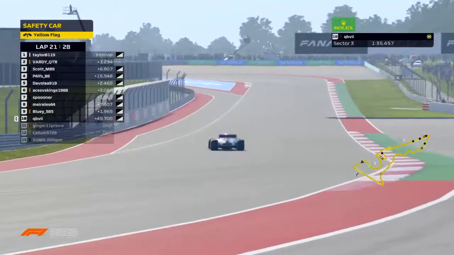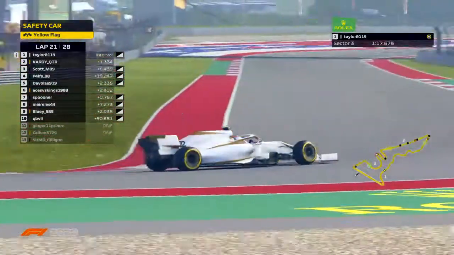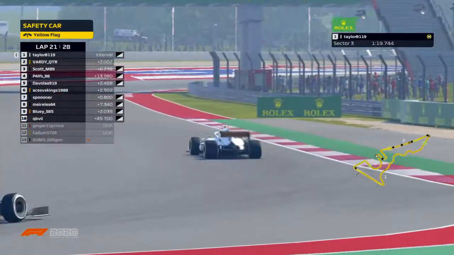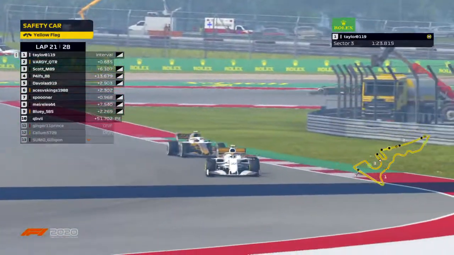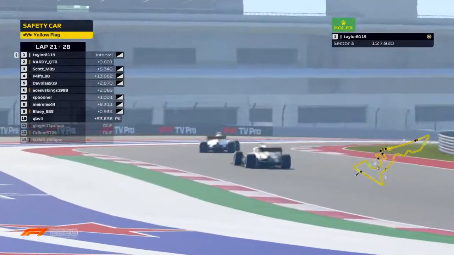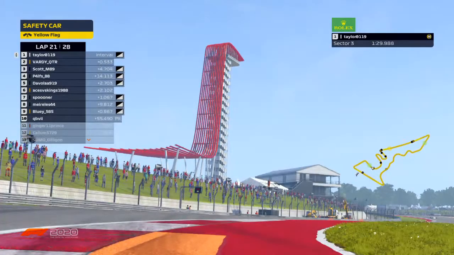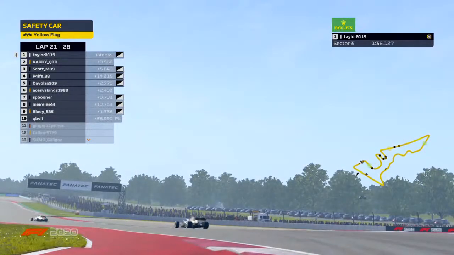And that's Mirrorless with a drive-through penalty for speeding under the safety car there right now. So this might trigger a few more pit stops. We'll have a look at that and look at the penalties once again in just a bit here. But definitely, I think this might trigger a few pit stops for cars who have not pitted in the